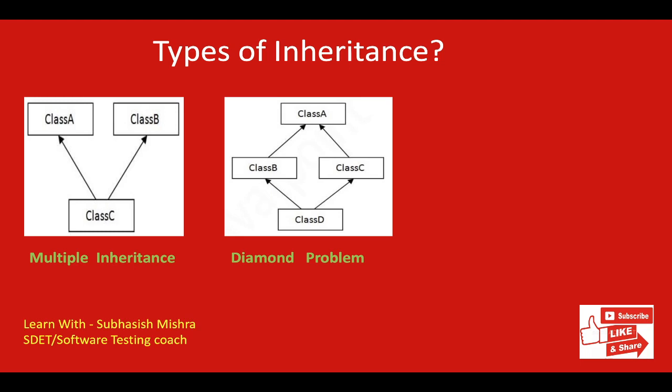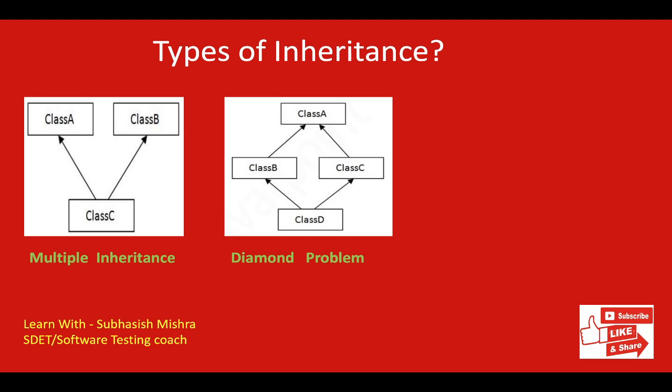Because D is extending both B and C. So if D wants to use the same method, which method would be called? The overridden method of B or the overridden method of C? So that's where ambiguity comes, and that's the main reason why Java doesn't support multiple inheritance. But we can achieve this using Java interface. We'll discuss in detail when we learn about interface in our future tutorials. For now, just understand Java doesn't allow multiple inheritance.